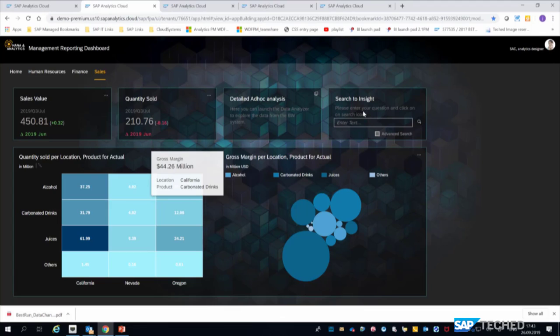Means from an analytical application, I can also navigate to the other artifacts, right? So here we have the analytical application. I can navigate to the search to insight capability. Do you know the search to insight capability from SAC? Yeah. Exactly. So with search to insight, you can use natural language to find the result based on